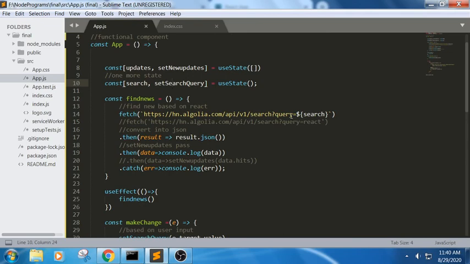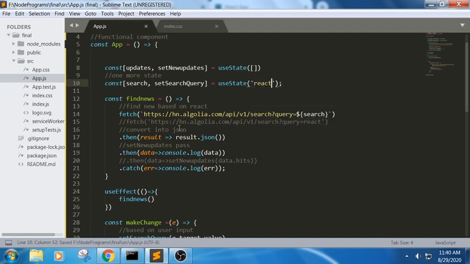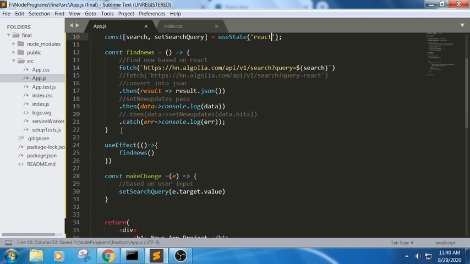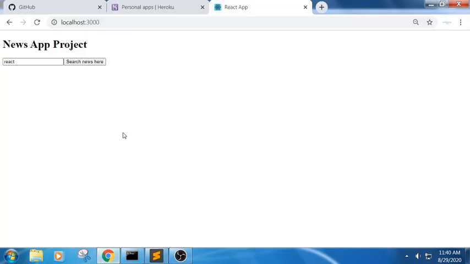Suppose the user hasn't inputted any values, so by default can we take some value here? Yes, we can pass React here. If the user hasn't filled in some value, then it will take the old value itself. So here, if you can see, we are repeating the same value based upon the user input. First we were doing it based upon this.